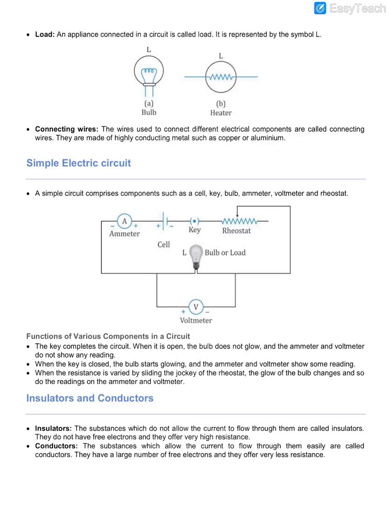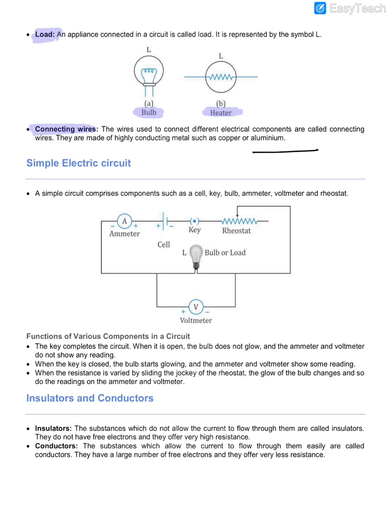Then guys, load. What do you mean by load now? Anything which is going to consume electricity is called a load. Like a bulb they have shown here, or a heater, or any appliance which is basically going to consume energy is called a load. Then connecting wires we already discussed. Remember what the connecting wires are made up of? Copper. They are simply made up of copper. I hope you also remember the reason why copper, because it is cheap and it has a very low resistance. So connecting wires are just like one straight line. These are all the connecting wires what they have shown us.